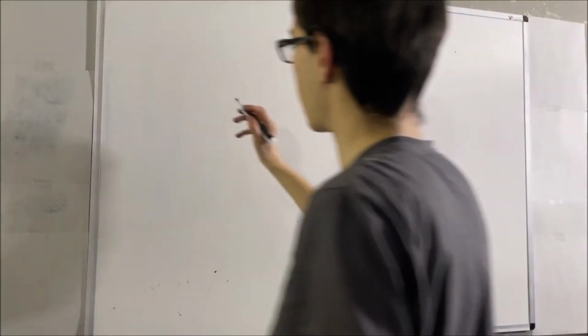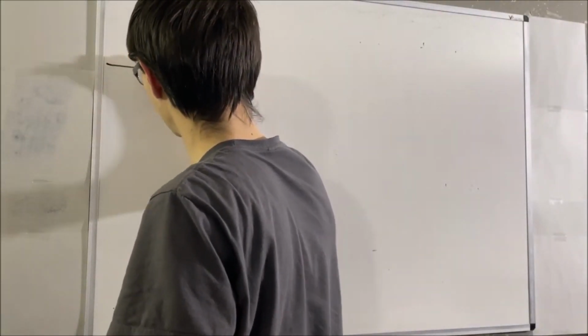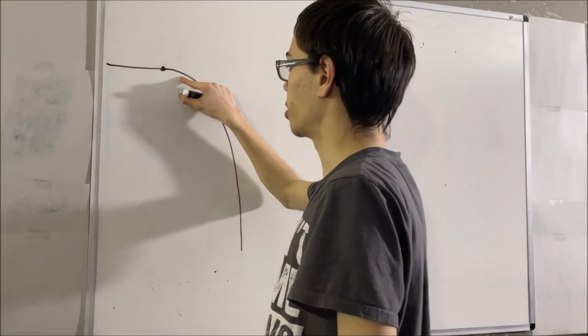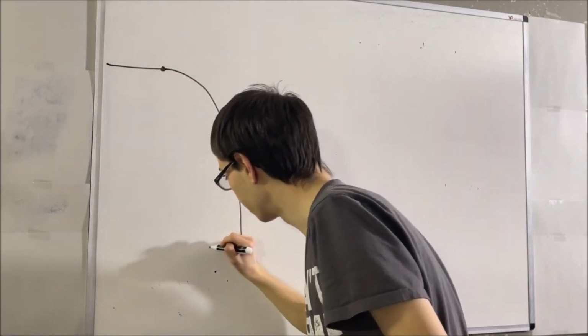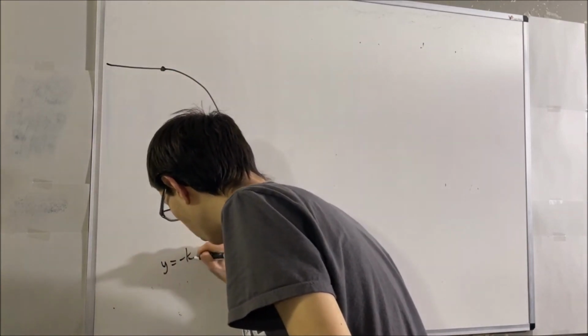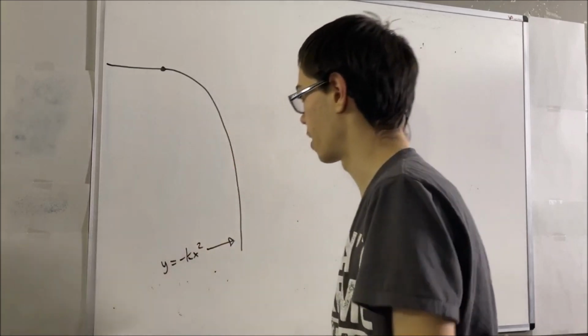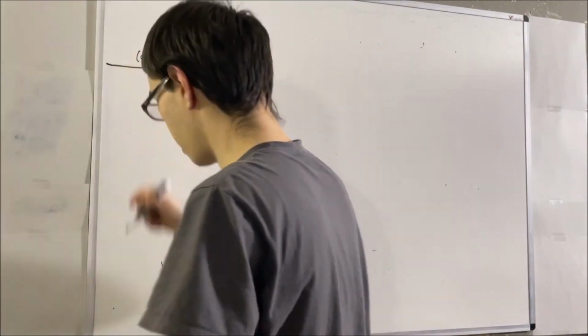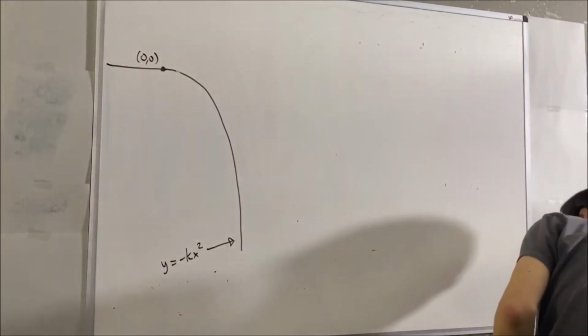So let's say that we have a ground that looks something like this. Up to this point, the ground is flat, but after this point, the ground becomes quadratic shaped, and we're going to say that this ground obeys the equation y equals negative kx squared, right? It's a quadratic ground. We'll call this point the origin, and suppose that we have a ball located at the